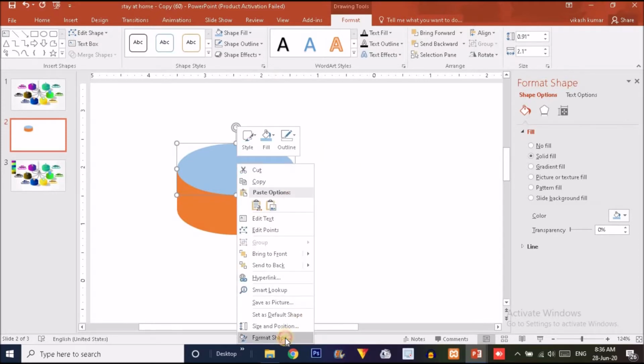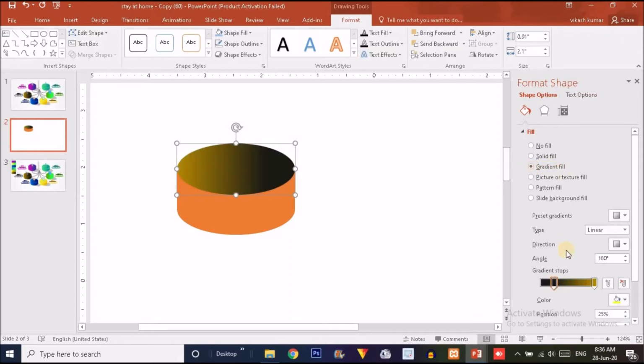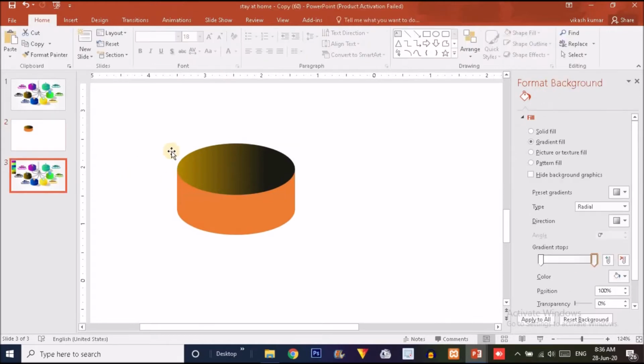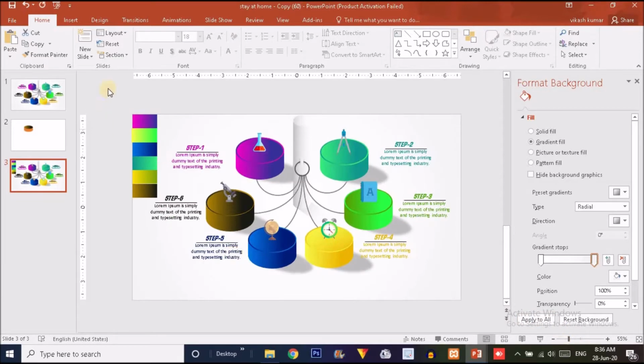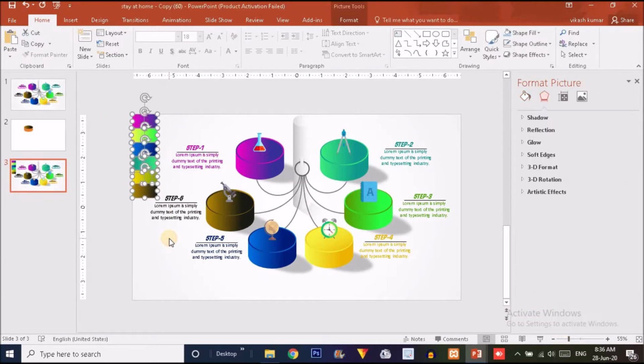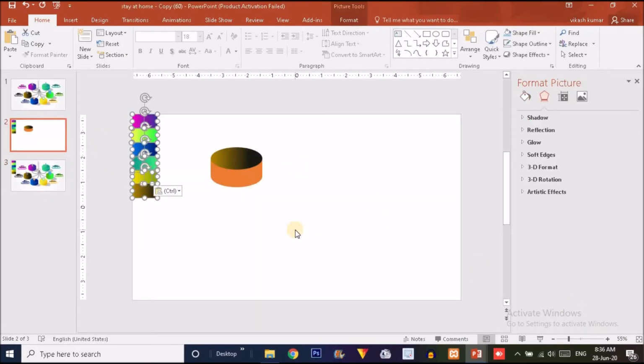Right click over here and choose the format shape option. Now choose the gradient fill option, and before we start filling it with color, I just have to copy these color samples from the previous slide where I have kept them. So I'm just going to press Ctrl C to copy these color gradients and paste them over this slide.